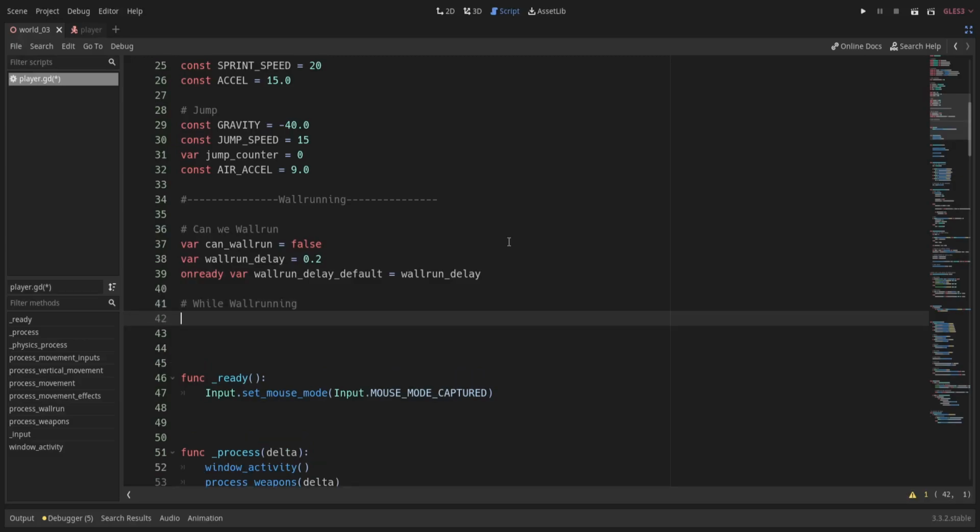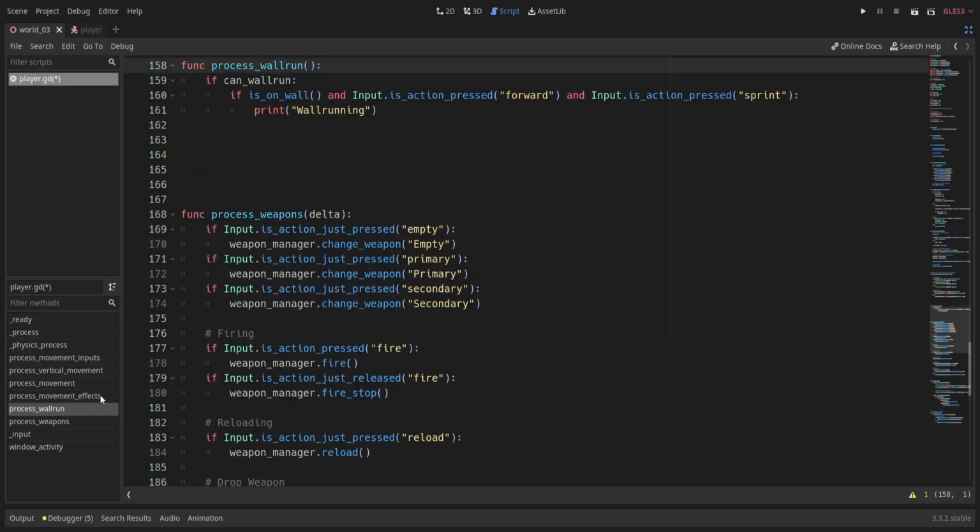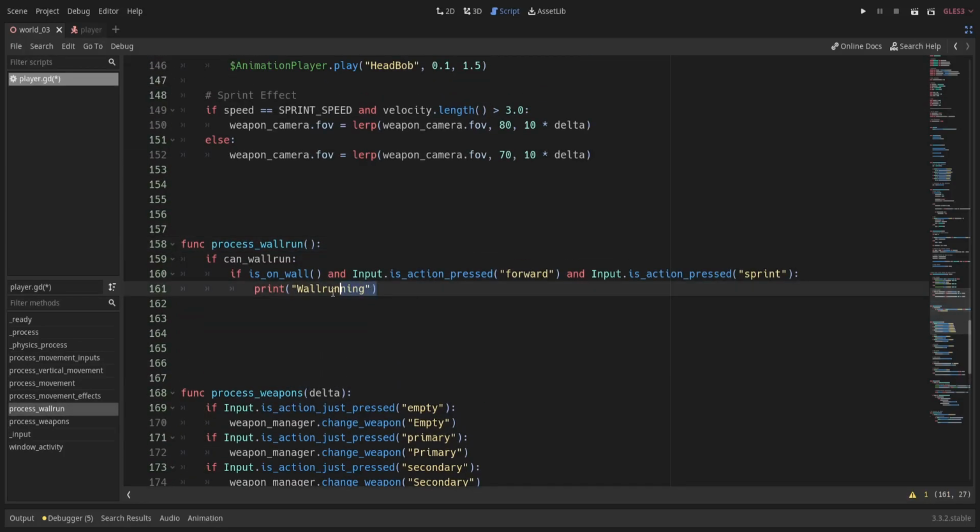Now let's define a boolean that would tell us whether we are currently wall running or not. Back to the process wall run method, we will start writing the logic which we saw at the beginning of this video.